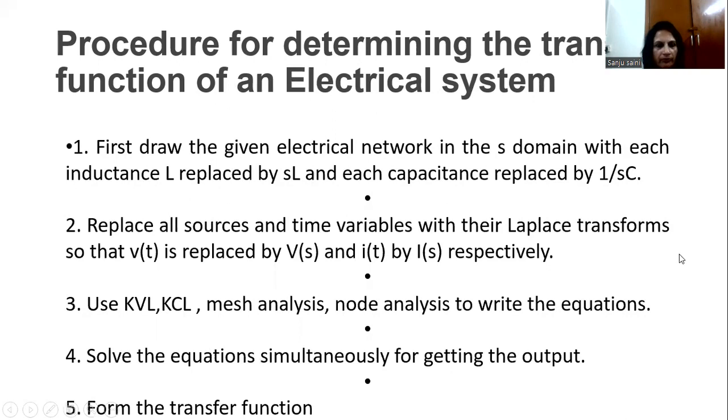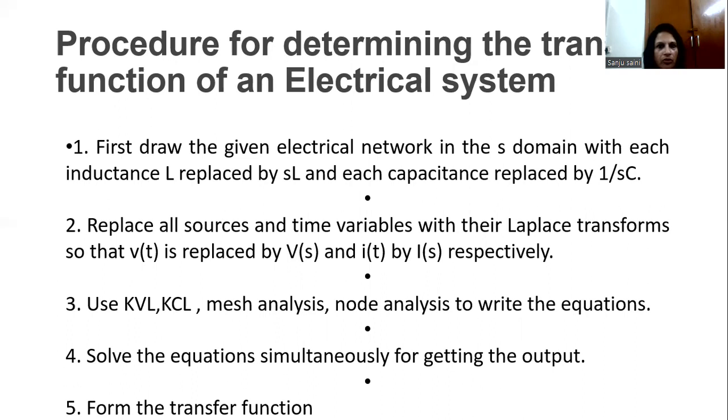So we can get the transfer function of all types of systems this way. That means first of all, represent the system dynamics in terms of a differential equation, then take the Laplace transform, then solve the algebraic equations and get the ratio of the Laplace transform of the output to the input, that is the transfer